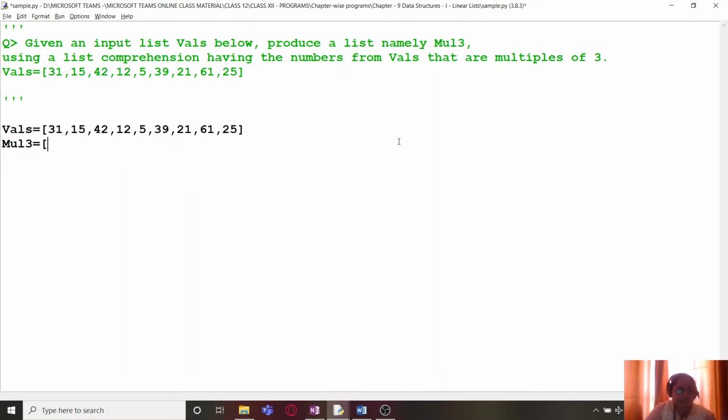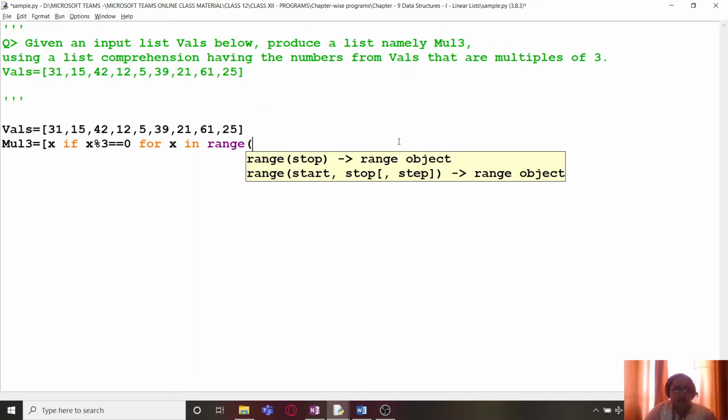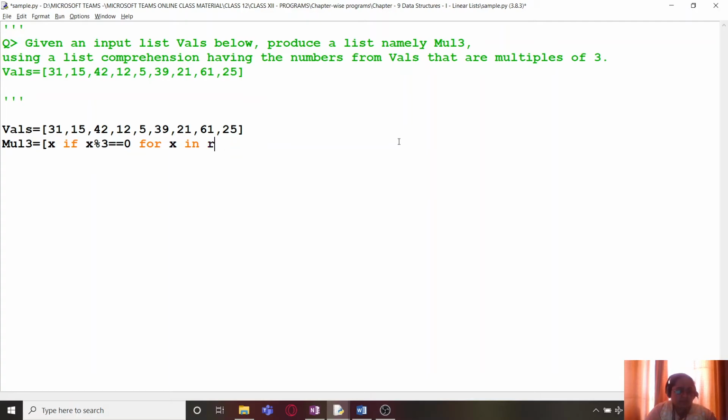So how to do that? We'll take x if x is divisible by 3. Multiples of 3 means they are divisible by 3. For x in range, or we can say for x in vals, because now we have to pick values from a collection.